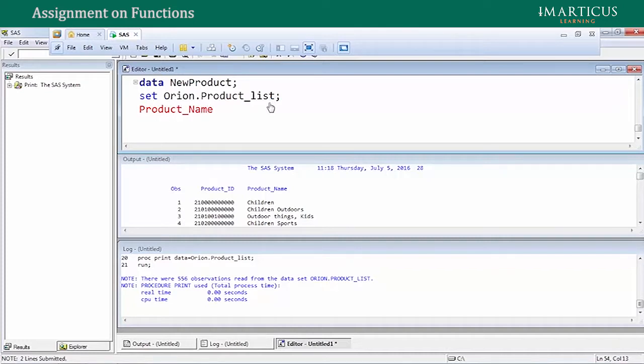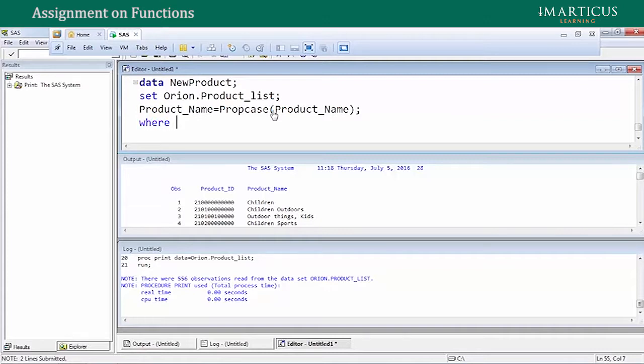underscore name is equal to, we have a case function called as proc case, which is used to ensure that the first letter of every word is capitalized. For example, if you see this is outdoor space things and things T is not capital. Okay, so we want that in a particular phrase or a statement, every word should have the first letter capital. So I say product underscore name is equal to proc case of product underscore name, and then I say